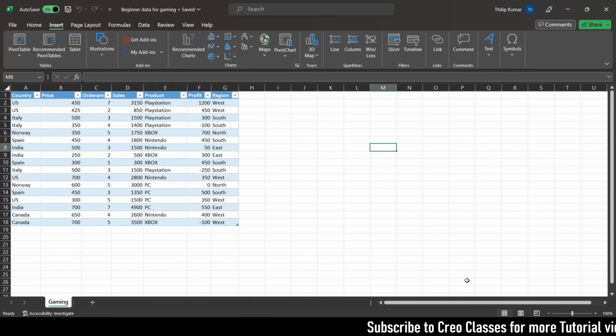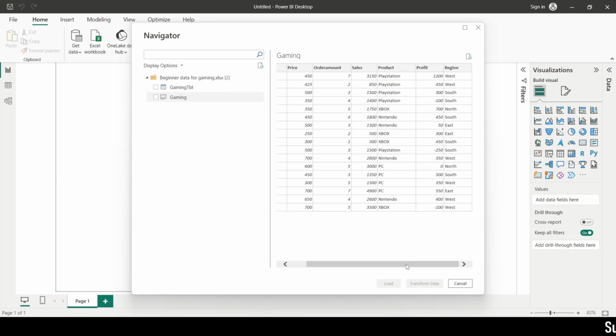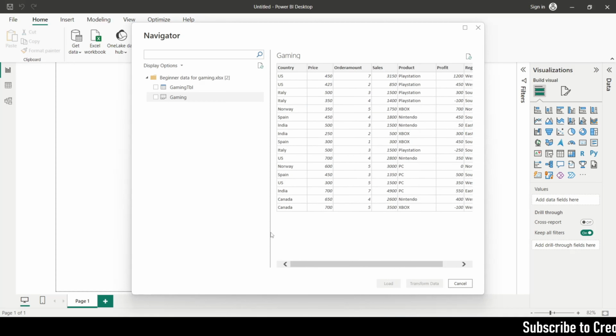In this Power BI, this entire white sheet represents the sheet name in Excel, and this blue bar represents the table that we have created in Excel. So I recommend you to go with the table which we have created, because if you go for the Excel sheet, the sheet has been opened, right? So I'm going to close this. This gaming table took the values which we have entered. If you have entered some more tables below this, because we have selected this sheet,